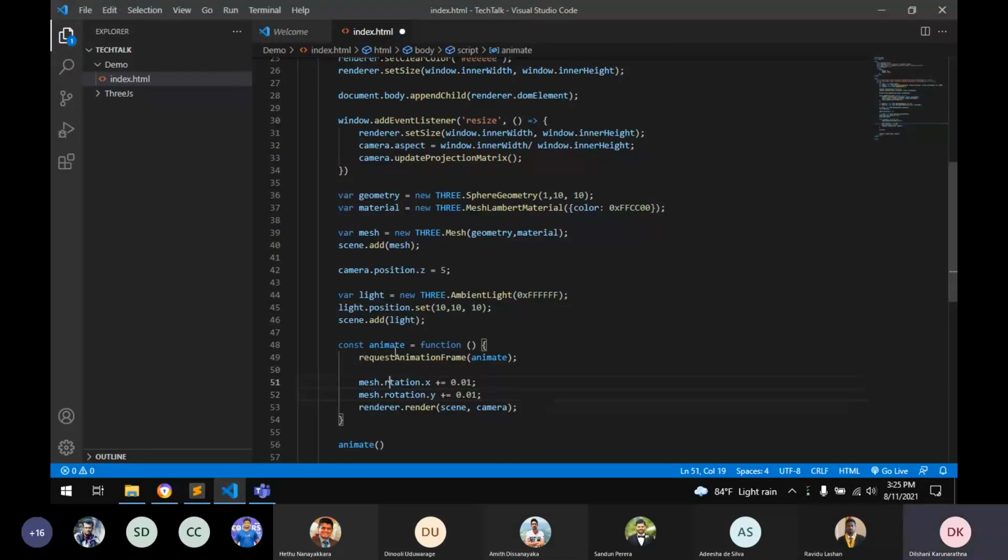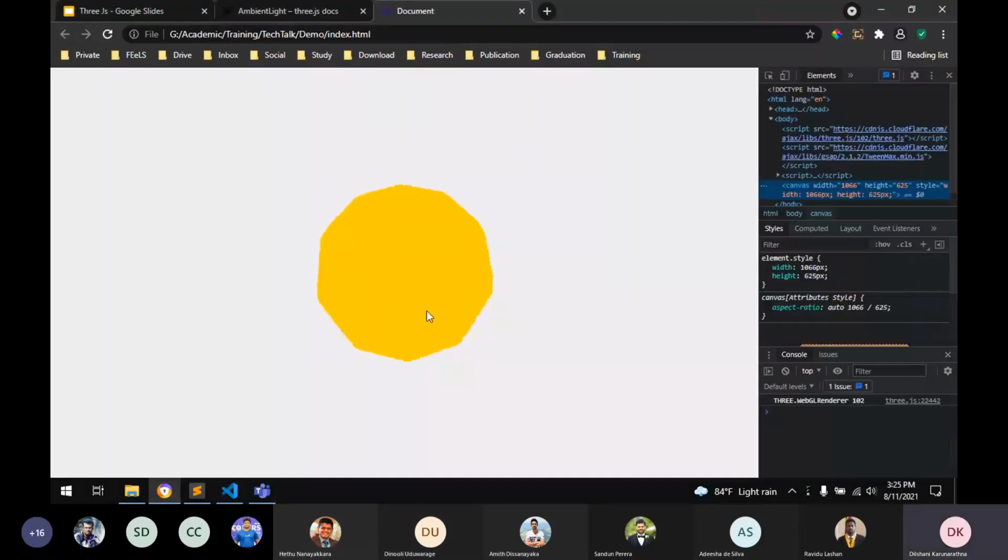So now the sphere is rotating, but you can see that there are edges. So to smooth that, we can